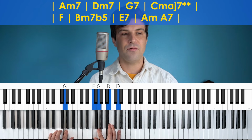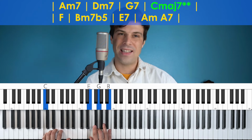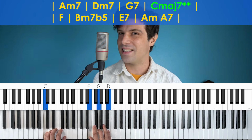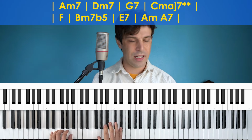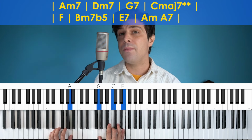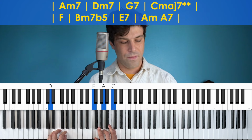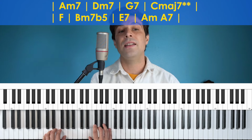And then finally here, we'll land on this C major 7. And so going down to this low C here with my pinky, and then E, G, and B here. And I'll talk about the asterisks in a second. We're in 4/4 time, so each of these measures gets 4 counts. Let me just slowly play through each of these chords again for the first line. We've got A minor 7, 2, 3, 4, D minor 7, 2, 3, 4, G7, 2, 3, 4, C major